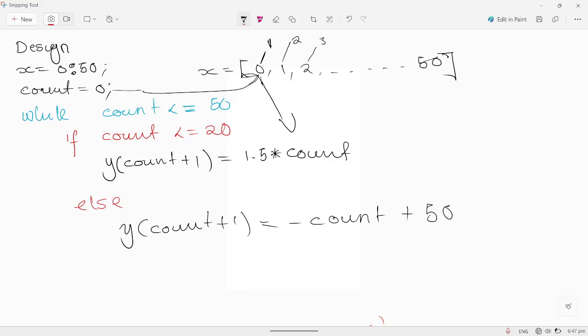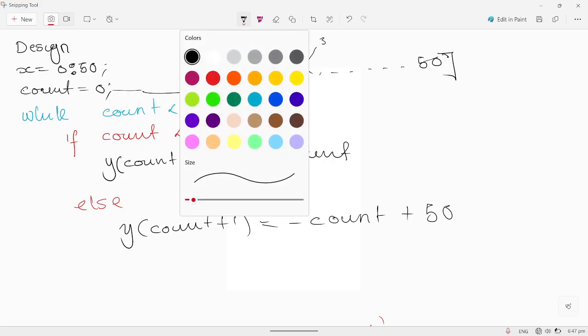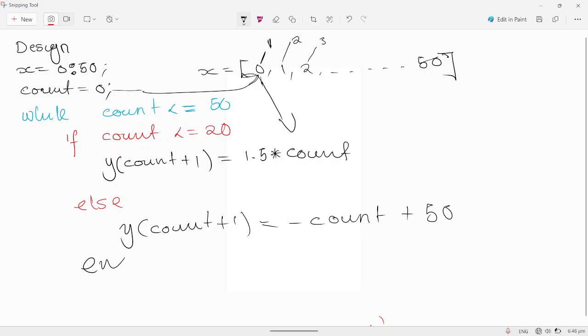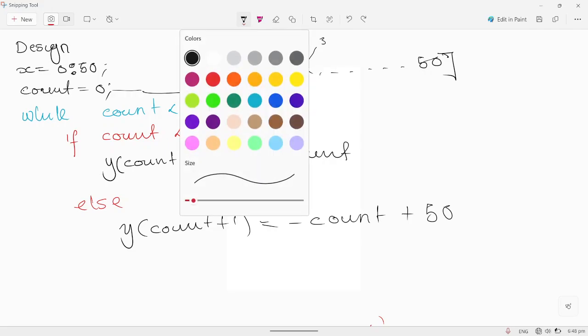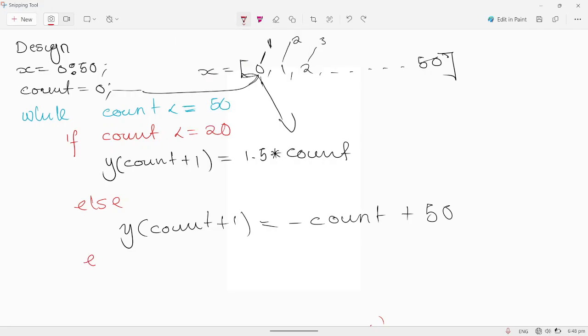So like I said, count here is just representing individual values of x. So we're going to say that, and we're going to end our if statement. Just be consistent. So end,